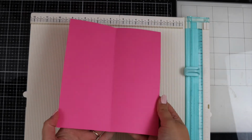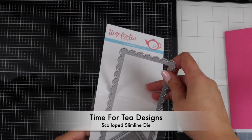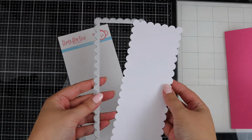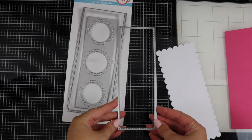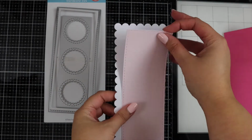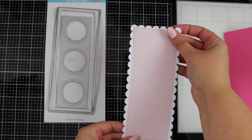Next I've got the Time for Tea Designs Scallop Slimline die, and I'm just using the scalloped frame in this to die cut a piece of white card. And then I've got the new Slimline Scallop Trio Nesting Circle dies, and I've got the third smallest rectangle, so this will just about fit nicely on the scalloped piece that I've